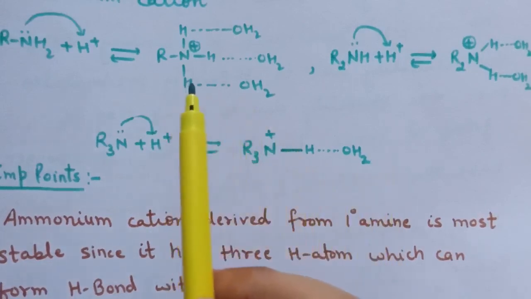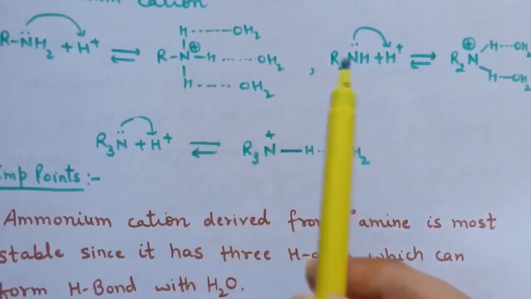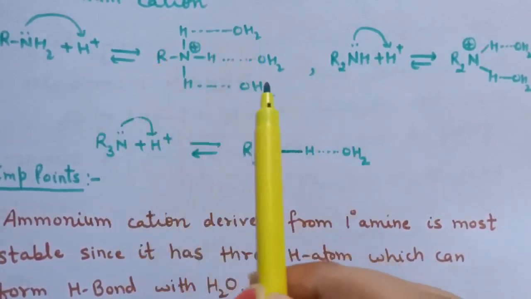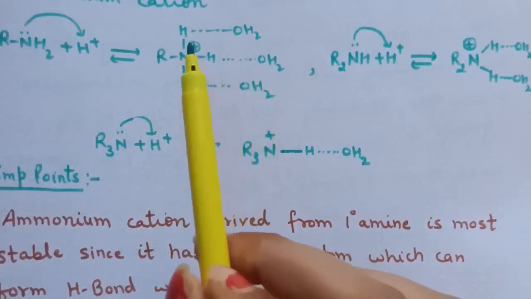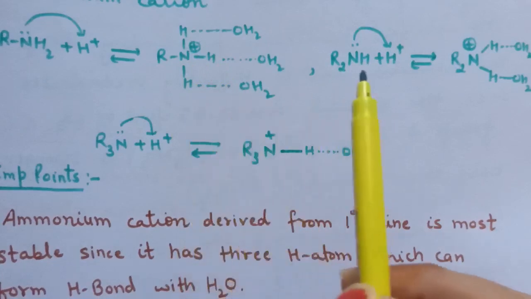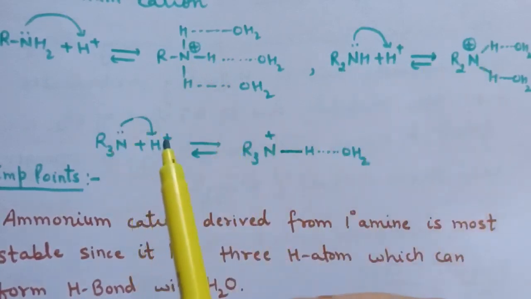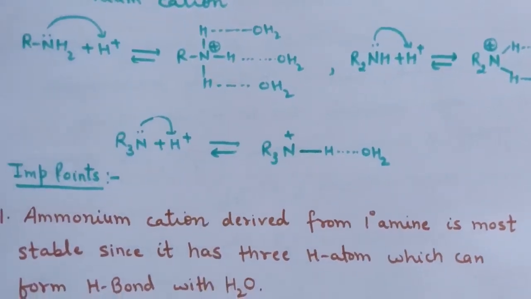So from here we can say that if we compare the extent of hydrogen bonding in primary, secondary and tertiary, then in case of primary, the extent of hydrogen bonding is maximum, because here 3 hydrogen atoms are present. In case of secondary, 2 hydrogen atoms are there, and in case of tertiary only 1 hydrogen atom is present. So from here some important points